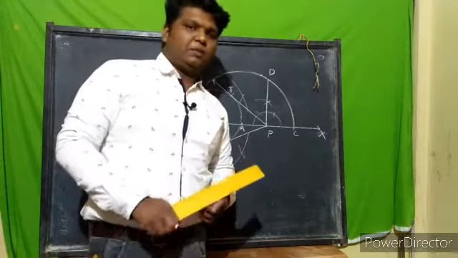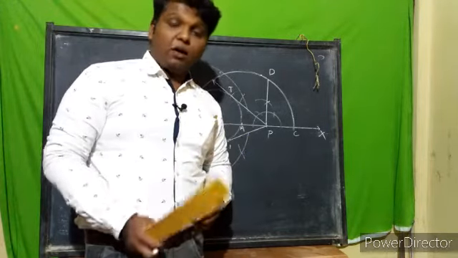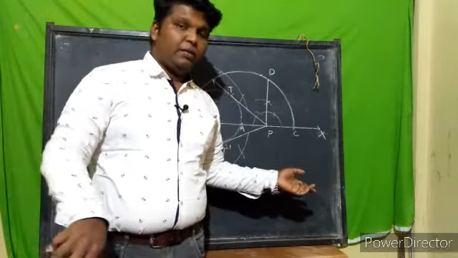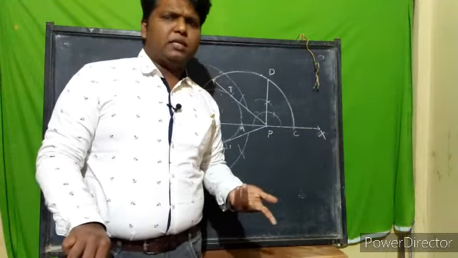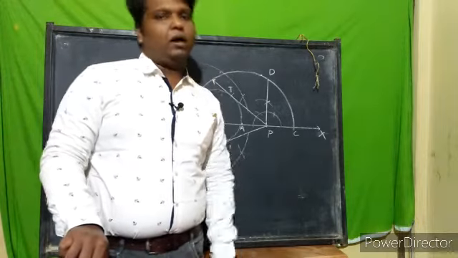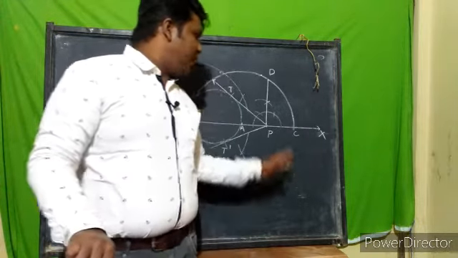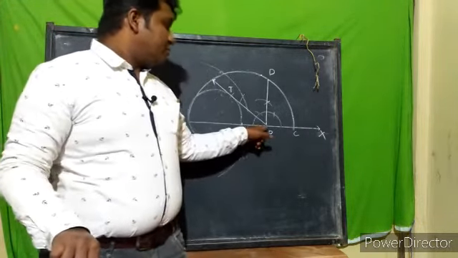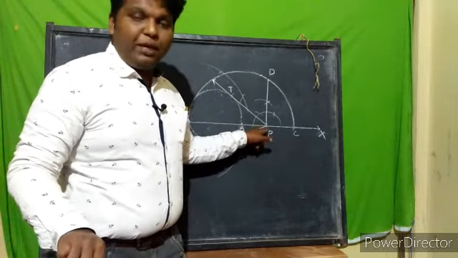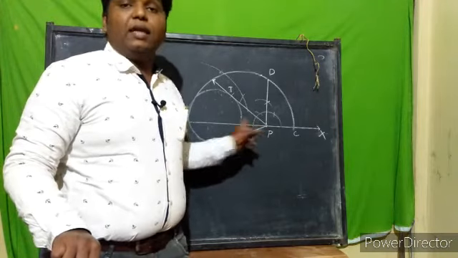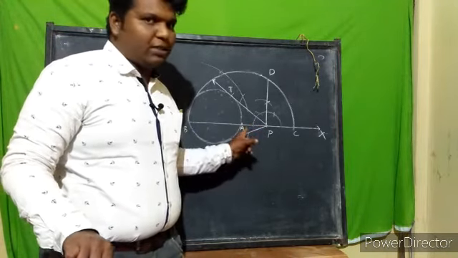So tell me, what are the steps? Step number 1. Draw a circle of radius 3 centimeter. Then mark a point P outside the circle. It may be any centimeter. कितना भी दूर में हो सकता है, लेकिन सर्कल का बाहर होना चाहिए बस. Then after that one, draw a secant from P or draw a line from P so that it touches the circle at A and B. वो line को secant कहते हैं.